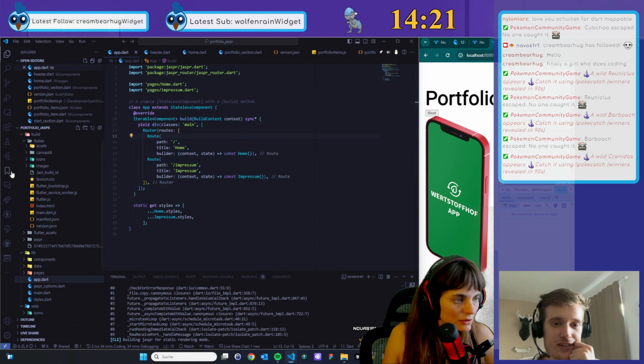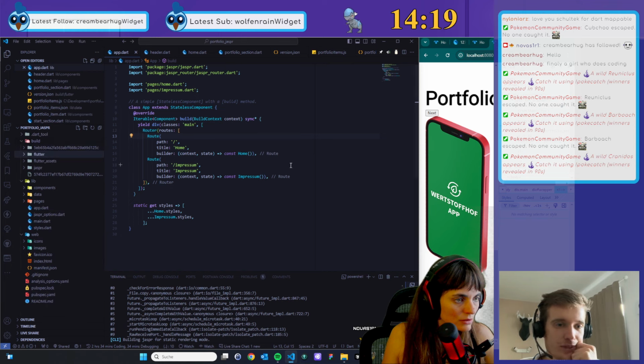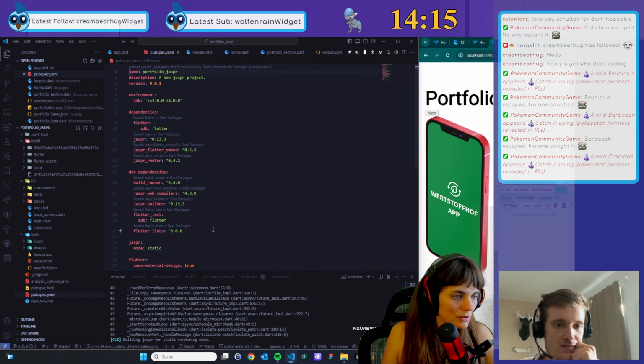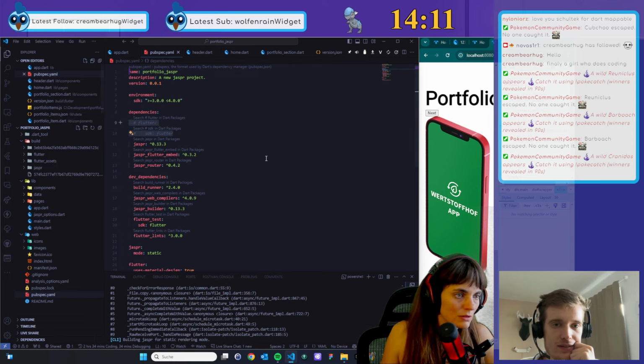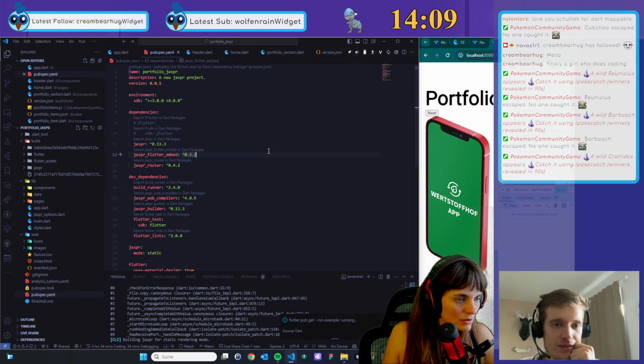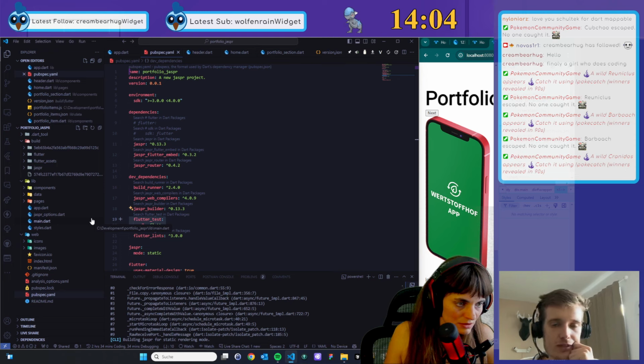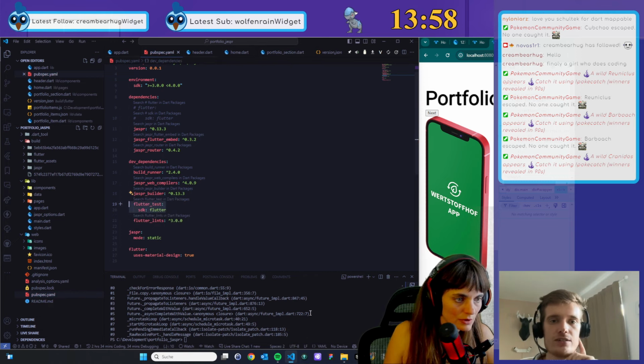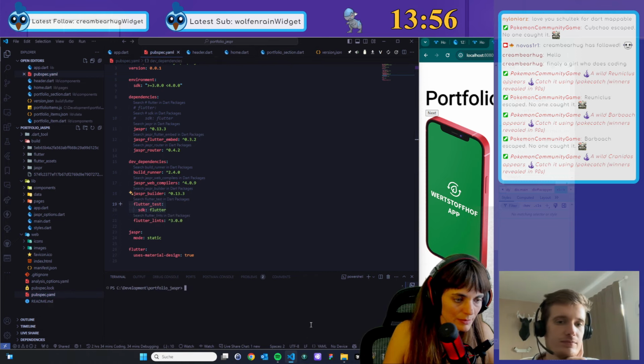One thing is to delete Flutter from the dependencies in pubspec. Like this? Yes, and then just try again. Flutter test as well, maybe? It shouldn't make a difference, because the CLI is checking if Flutter is in the dependencies list and then does some more stuff.